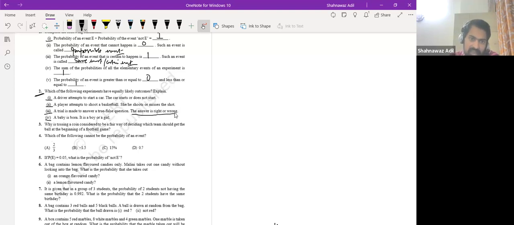Sir, this is also looking like an equally likely outcome, but it is dependent upon the student. If the student knows the answer, then it is a sure chance that he will write the right answer. But if we are assuming that it is unbiased, so